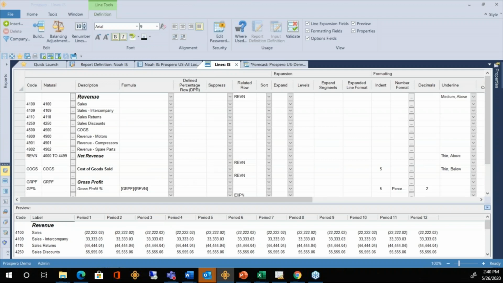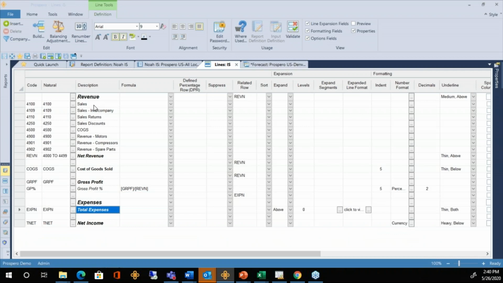Now, the line set definition, I've got the definition in the top half of the screen here. The bottom half is a preview, just showing me what this report might look like with all the formatting. I'm going to hide that preview window so that I can have a little bit extra workspace here. So I want to point out that for the revenue section, I've got my individual accounts listed and then arranged for the total. There's no formula. I'm just referencing a range here in the list of accounts. Now this section here, if I ever added a new revenue account, I'd have to come back here, insert a row, and add that new account. So a little bit of maintenance for that top half of this income statement.